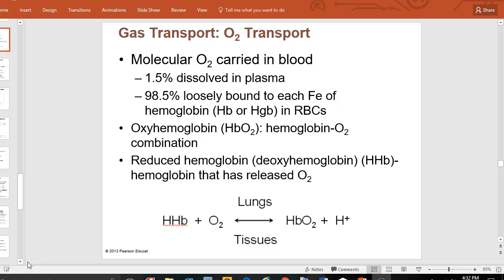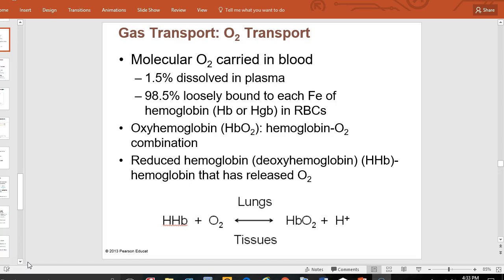Now we'll turn to gas transport. That is, how are oxygen gas and carbon dioxide gas transported in the bloodstream? So for oxygen, it's actually just a little bit of review from where we talked about blood earlier in the semester. Molecular oxygen, which means O2, not just O, is transported in the blood primarily 98 to 99% on hemoglobin,